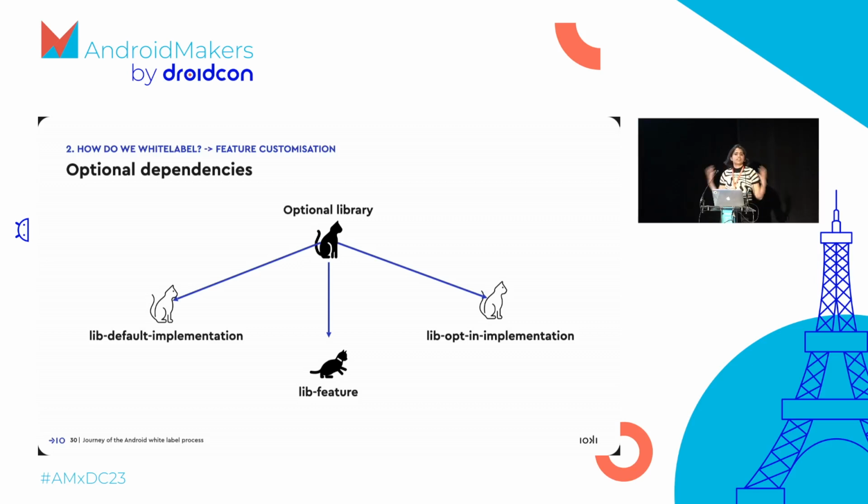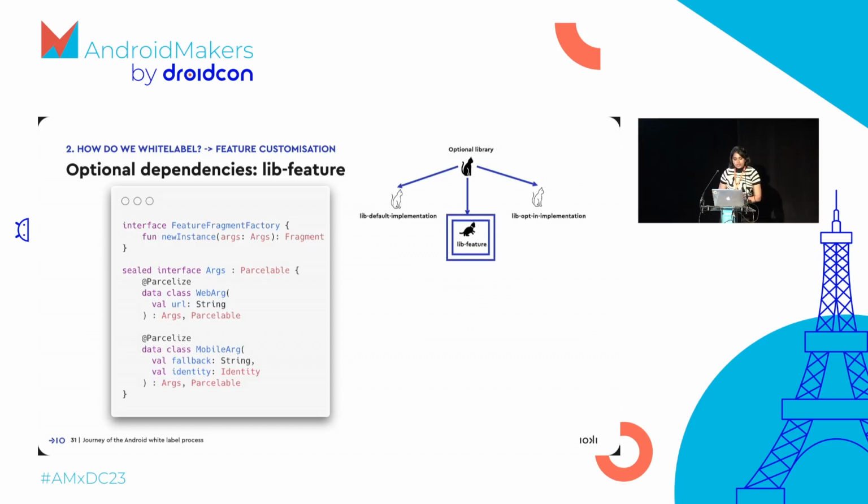So earlier we had all of our dependencies for all of our apps in every single app. Again, not something that's sustainable. So we went ahead and split it up into 3 libraries. We'll call them lib feature, lib default implementation, and opt-in implementation. Now, think of lib feature as like a tiny little kitten now, instead of like an overfed cat, which is worse before. So in lib feature, we include only a minimal set of classes that allow us to differentiate between the feature implementation types and the interface that is implemented by the actual libraries that give you these fragments, because